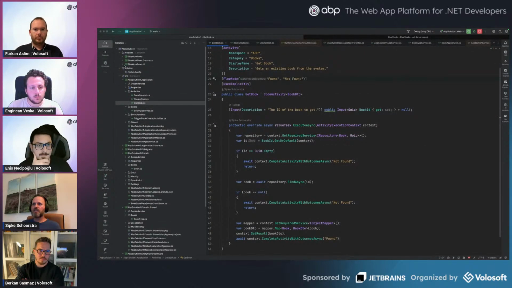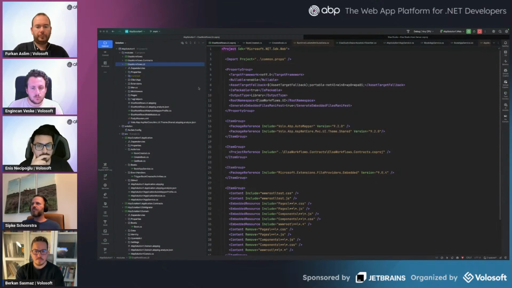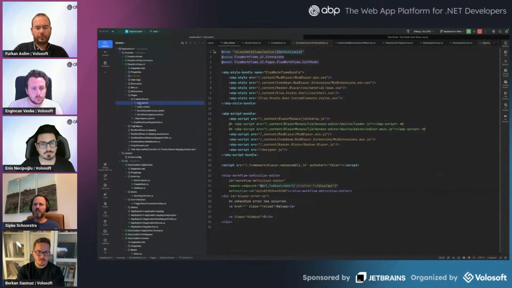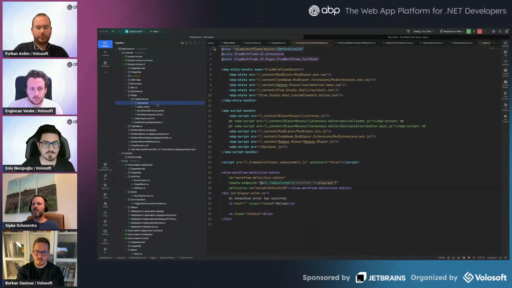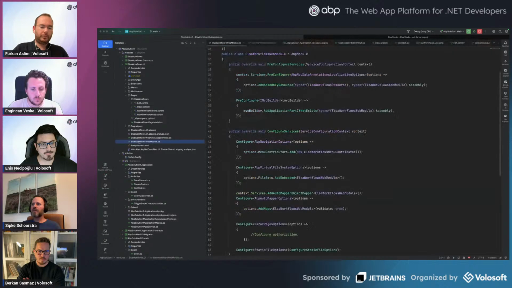So we look at the Elsa Workflows UI, and this is actually hosting the Blazor component. That's also interesting to look at. For example, the designer is here in the edit Razor page. And as you can see, it uses a custom element with this tag, and this basically wraps the Blazor component. And of course, we need to include some of the Blazor specific JavaScripts, which initializes the Blazor runtime, etc. So that's this aspect. But this being a module,